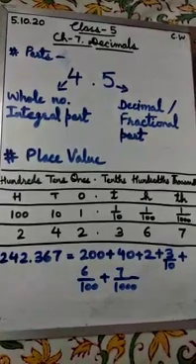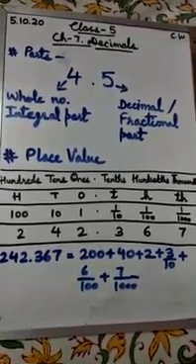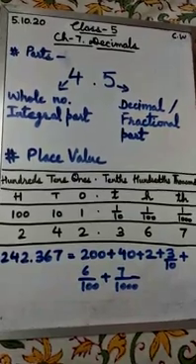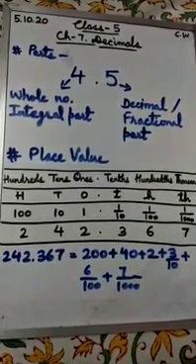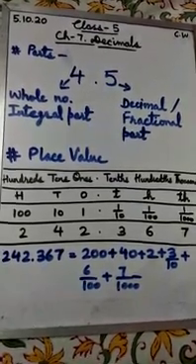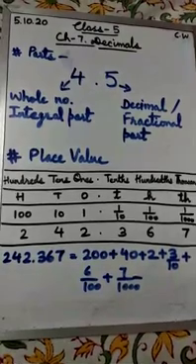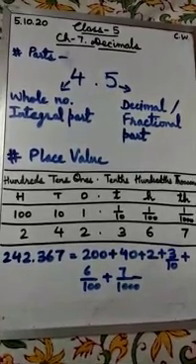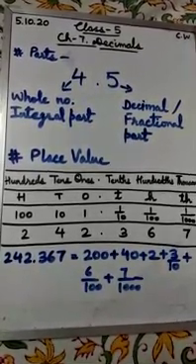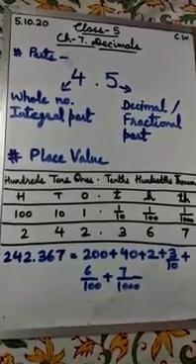So today we are going to cover chapter number 7, decimals. As we already learned, a fraction is a part of a whole. For example, 5 by 10, 34 by 10, right? These represent fractions. The fractions which have 10, 100, 1000 as their denominator are called decimal fractions. These fractions can also be written in the form of decimals. Okay? For example, 5 by 10 can be written as 0.5.